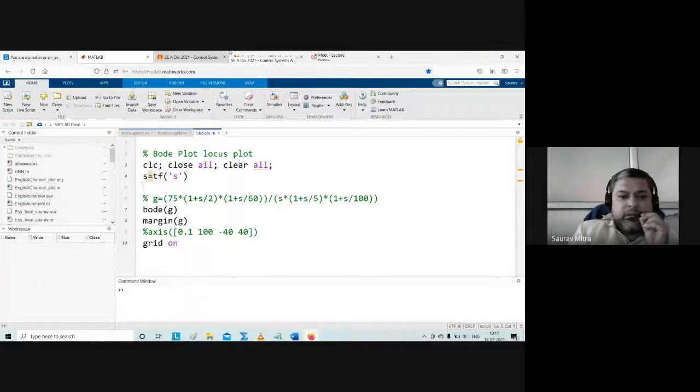It is actually a one or two command code. So there are only two things. One is Bode, another is margin. Both are two different functions. Bode is one function, margin is another. Bode will give us the amplitude plot as well as the phase plot, and margin gives us the gain margin and phase margin. The only thing is we are supposed to define what G is.